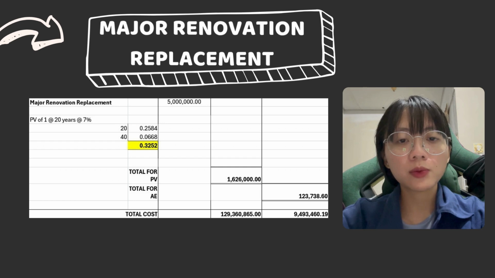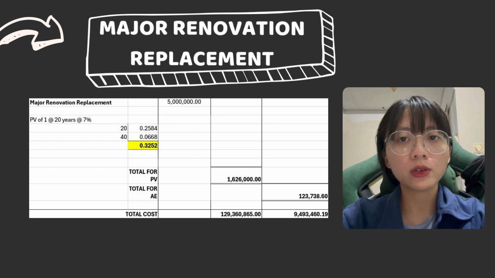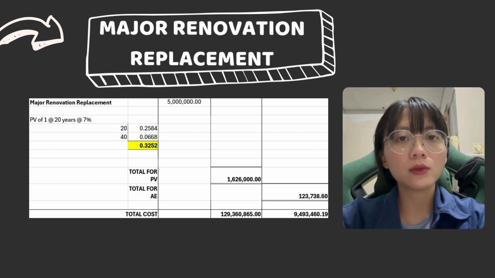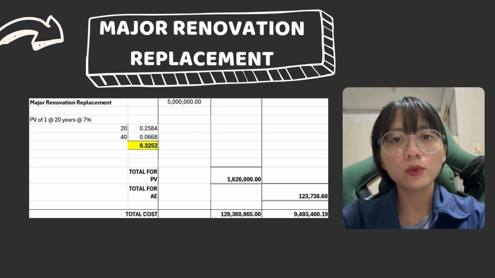Using the same 7% interest rate, the present value factors are 0.2584 for year 20 and 0.0668 for year 40. The total present value factor is 0.3252. Applying the present value method, present value equals periodical cost times total PV of 1. The calculation is 5 million ringgit Malaysia times 0.3252 equals